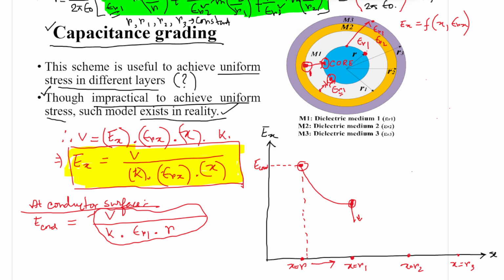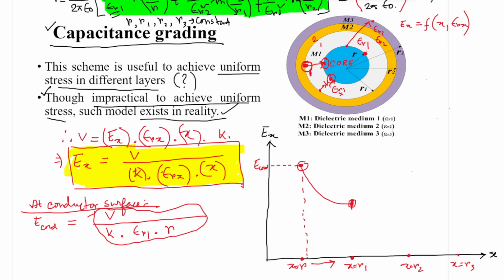Now why does this jump occur? To answer this, the moment you come to this point, point number 1, it is the dielectric interface between dielectric 1 and dielectric 2. So the moment you are coming to point number 1, you are no longer under the influence of